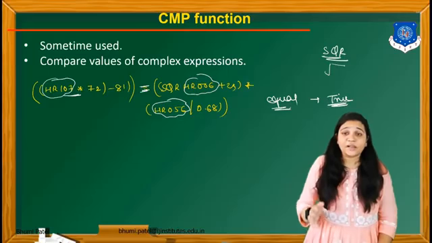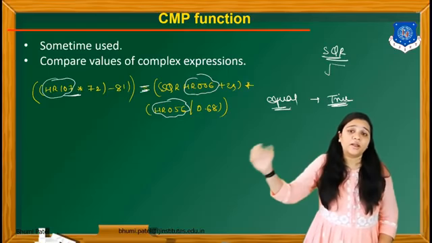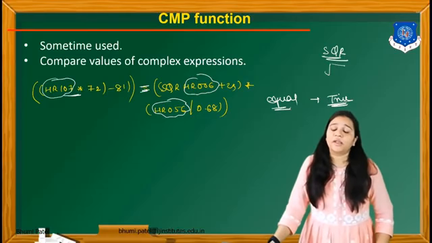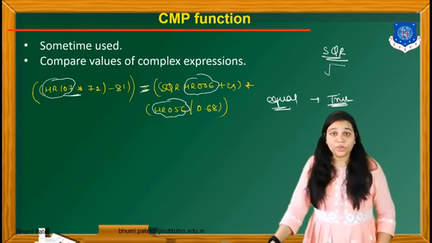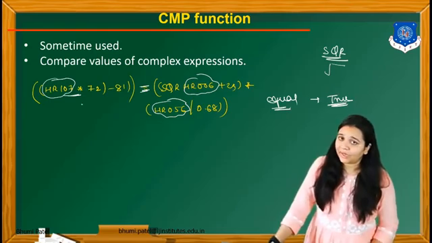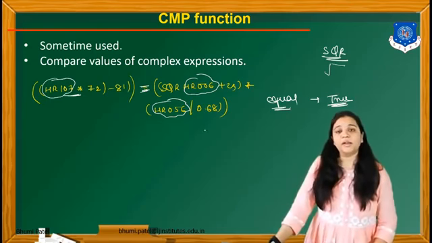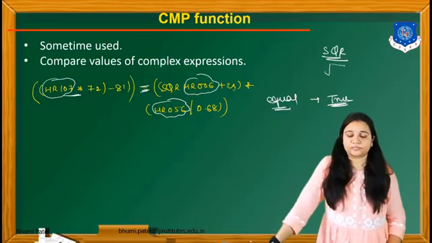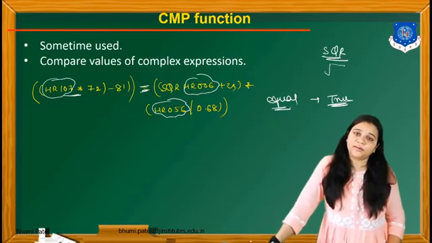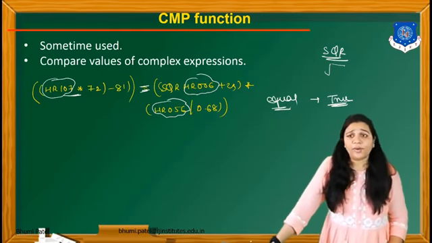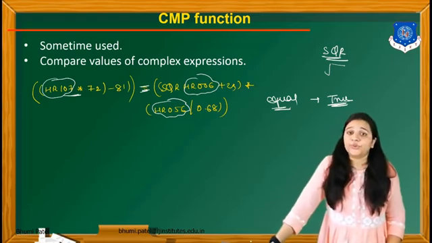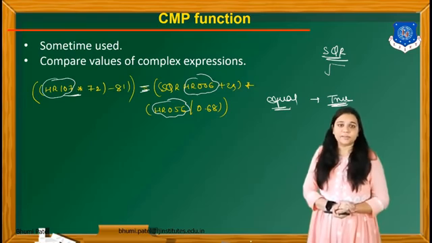Okay. So this is the rare case that both side values will be equal and we can get the output true, because we don't know about the value of HR107, HR006 and HR056. Clear? So the CMP function is used for the comparison function. It is sometimes used in the PLC programming and generally it is used for the complex expression.